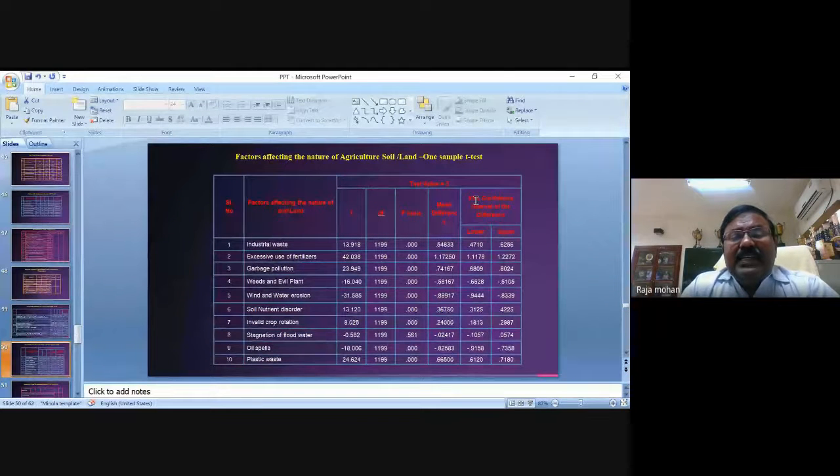And factors affecting the nature of agricultural soil or land. You can have one more example here. It is the one sample t-test. The same thing we can remember, that we found the sample mean as well as the population mean, and by using that we used to find whether there is any significant difference between these two. But here we have p-values. By seeing that, we can come to the conclusion whether we have influence or not. And